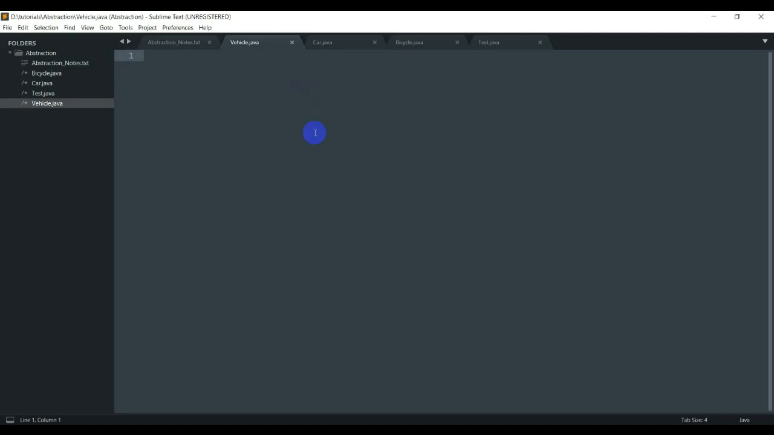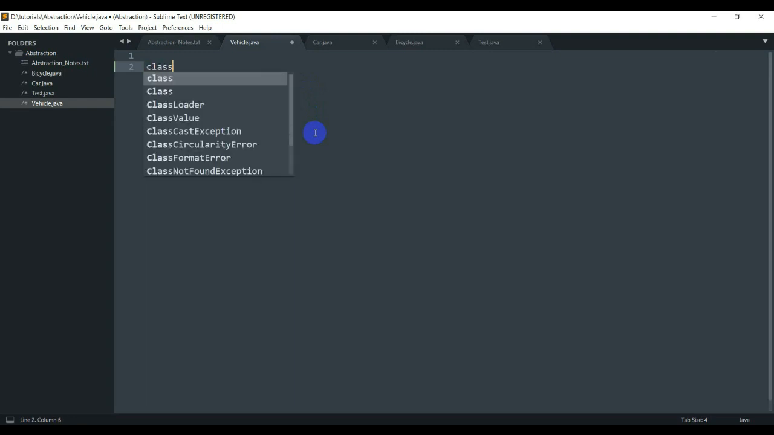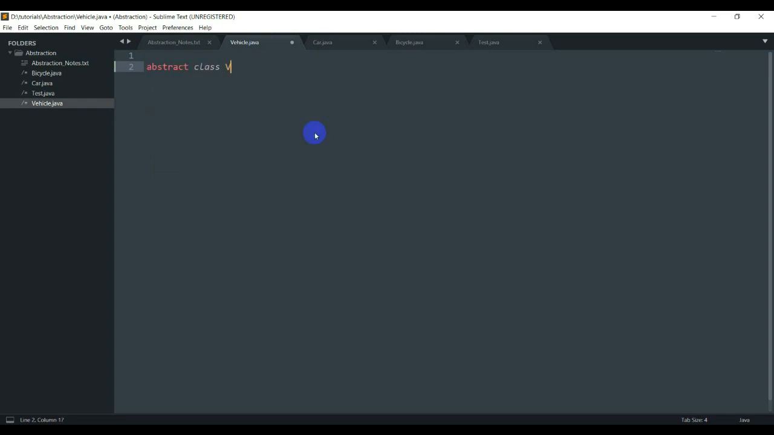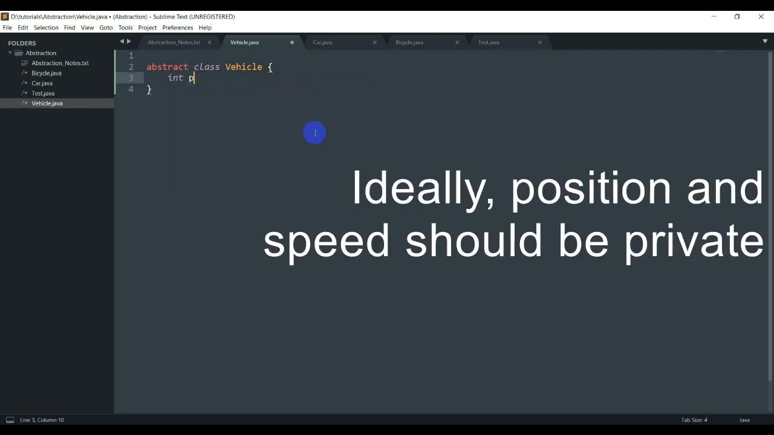Okay, so in the last theory session, we talked about abstract classes, and this is a programming session to look at an example of an abstract class. So let me make a class. This needs to be abstract class Vehicle, and I'll have int position and int speed,